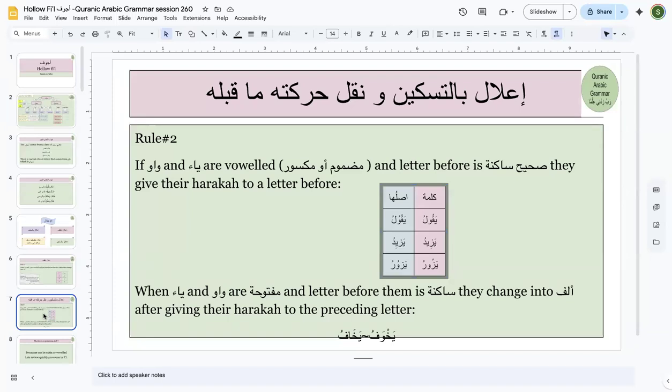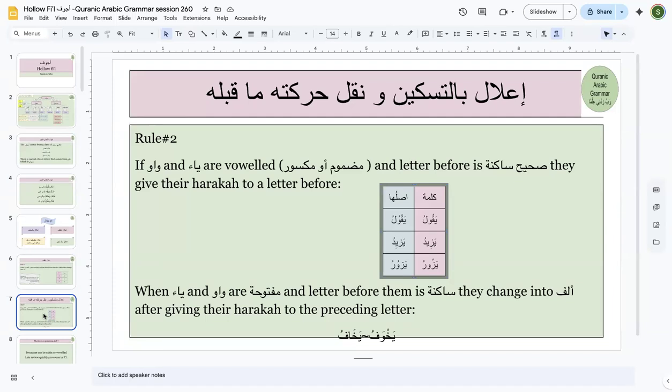Yes. Why so? Because your ajwaf can come from Sami'a clan, and in that case the second root letter carries a fatha, right? Sami'a, yasma'u. Sami'a, yasma'u. In that case, the second root letter carries a fatha, so we need to learn that. Now your waw and ya, if they are coming from Sami'a clan, are they going to carry a fatha?